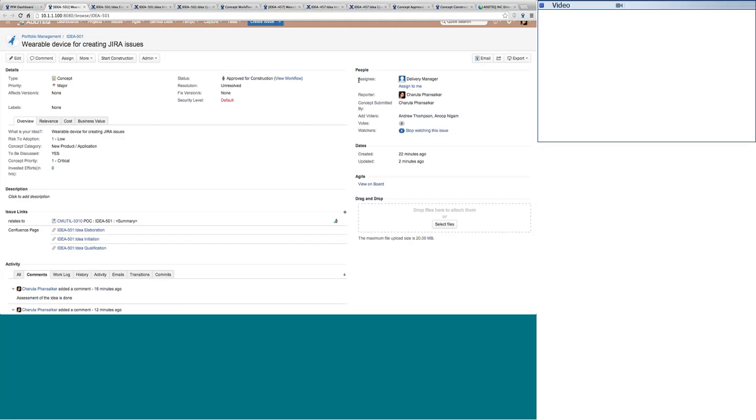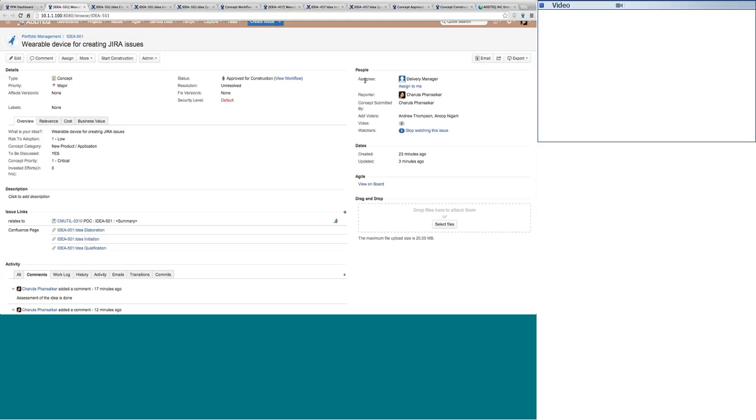So you can see that when we start the actual implementation or construction for the concept, the delivery manager here is the assignee. Say, for example, in your organization you may have a technical manager or technical lead who actually looks after the construction. You can have that customized assignee here, so that every concept in the approved for construction status comes to the delivery manager, and the delivery manager, based on availability of resources and with the consent of the business owners or portfolio managers, can decide which idea to start construction on.